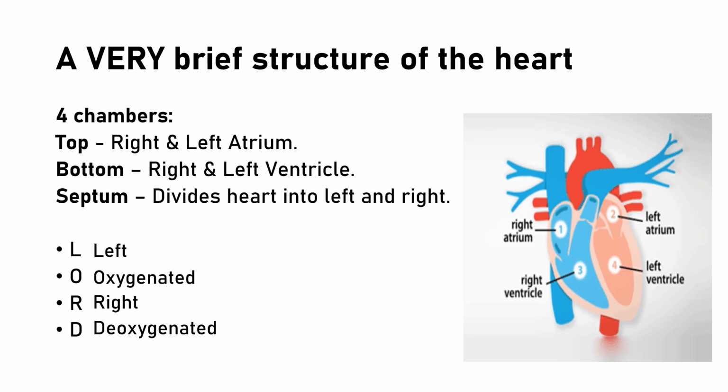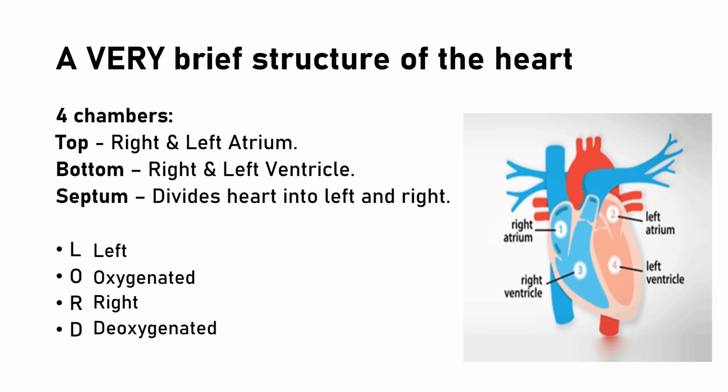So just to recap, the heart's made up of 4 chambers. The top 2 are the right and the left atrium. The bottom are the right and the left ventricle. There's a wall of muscles separating the heart into a left side and a right side called the septum. And the left side of the heart deals with oxygenated blood, and the right side of the heart deals with